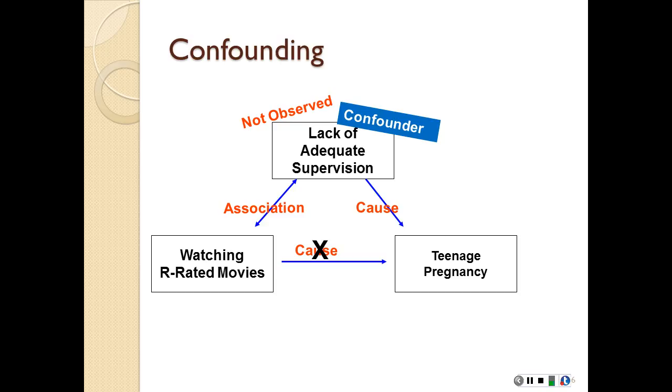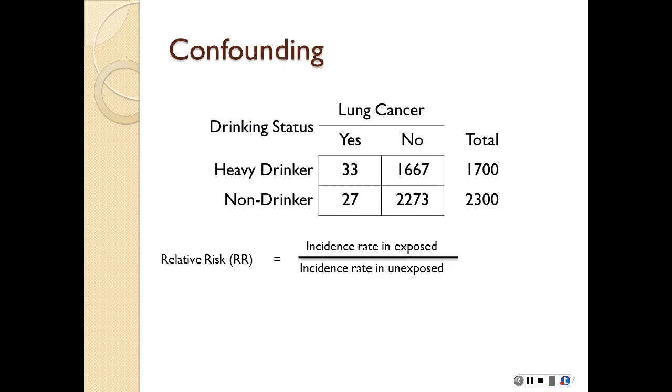But now we have to determine statistically if something is a confounder. We're going to use a different example for that. Alright, let's go back to our smoking and lung cancer example. Our drinking and lung cancer example. So,